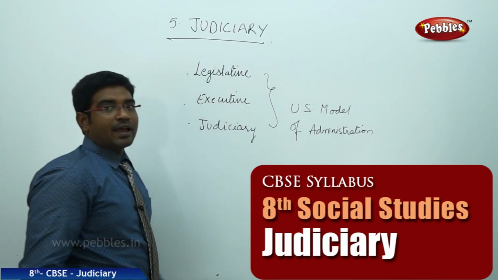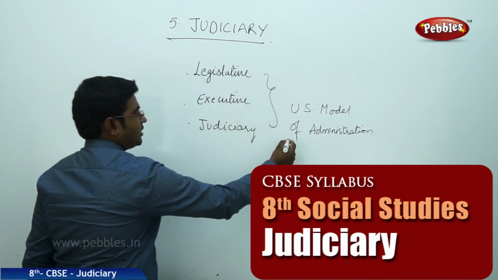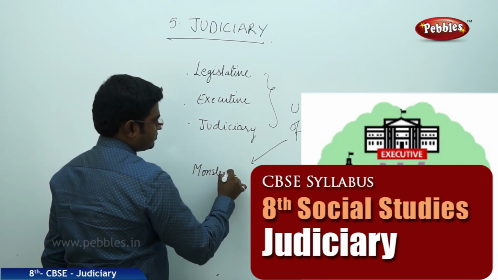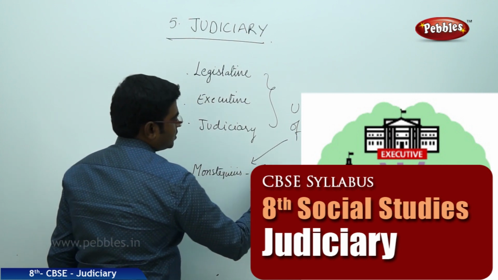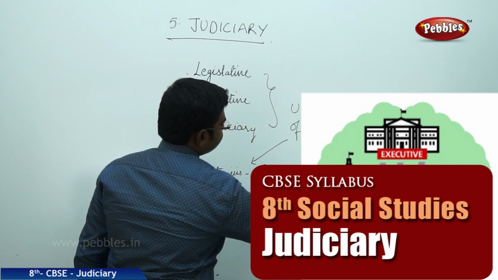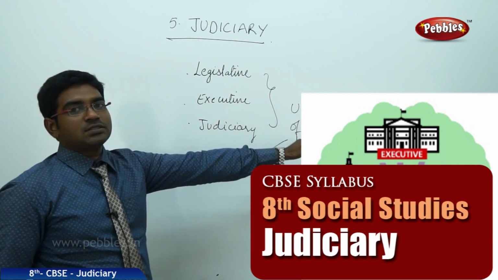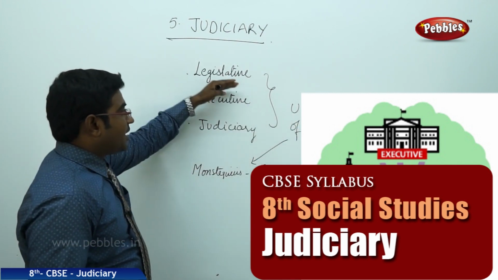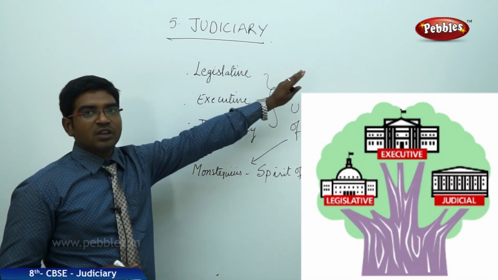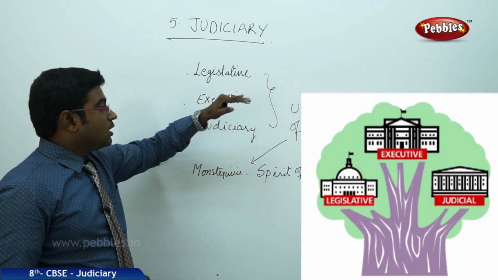The US adopted this division of legislative, executive and judiciary based on Montesquieu's book, The Spirit of Laws. According to this book written by Montesquieu, the US government decided to divide the responsibilities of administration, like making the laws was handed over to the legislature, that is the legislative bodies,